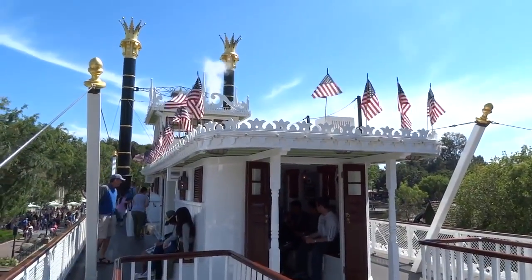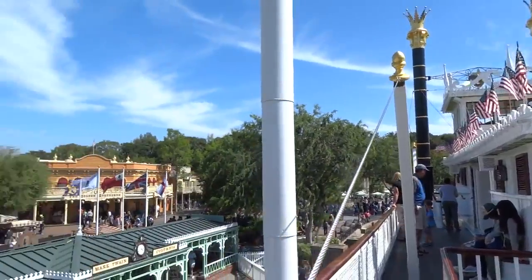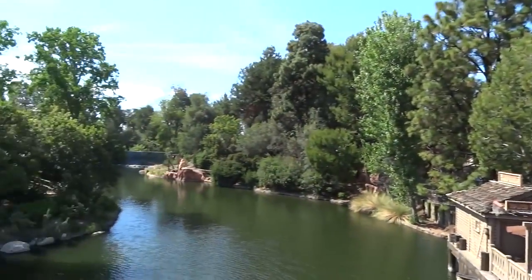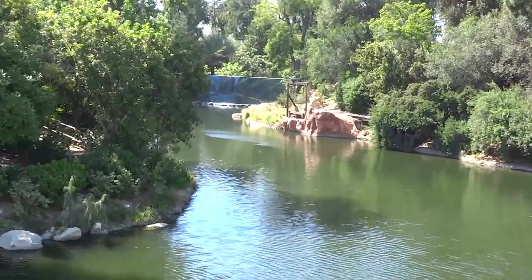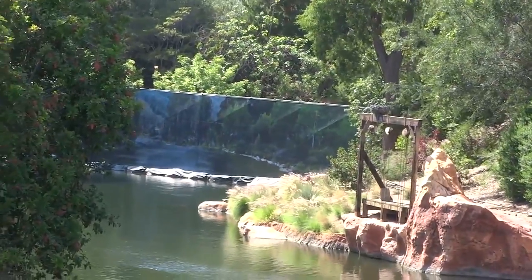So right now I'm standing on the top deck of the Mark Twain riverboat, which is semi-permanently docked here in Frontierland. But what I wanted to show you is the Rivers of America. Get a good look back here. That's where it's blocked off. And about a month or two ago they put up these